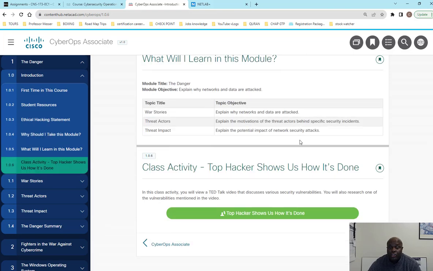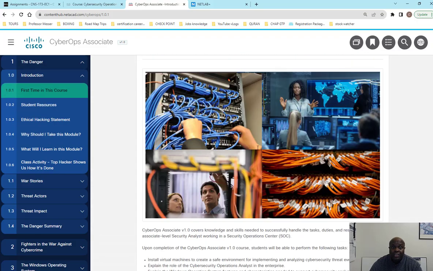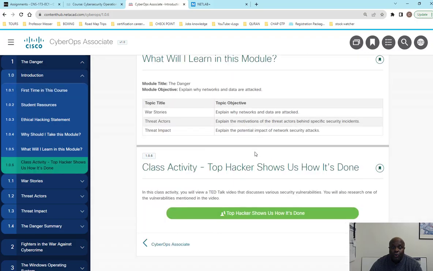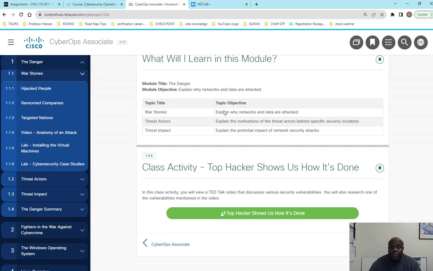Now, here's a question a student asked me. A student said, hey, where do I get the packet tracers and labs and I do my assignments? They're in your chapter. They're built in your chapter. You have to read through the chapter in order to know what to do. So that's pretty much where you will get your material. Now, from time to time, you will go through here and read and run into a lab or a packet tracer. This says class activity, but as you read through, you'll see your labs and packet tracers.